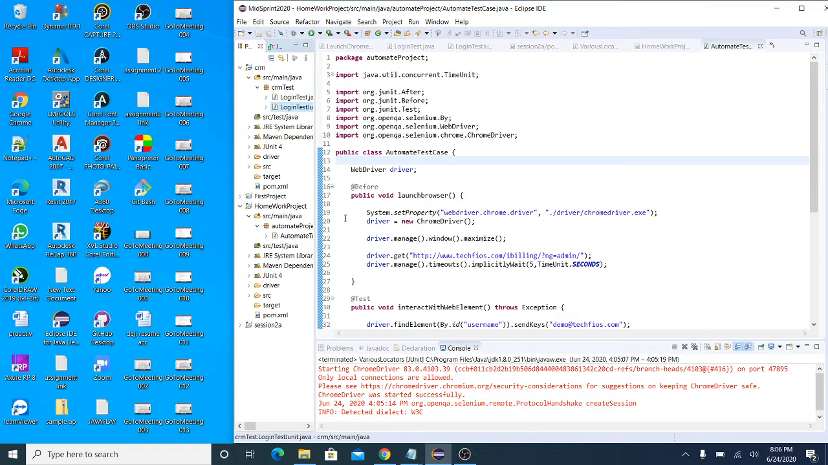Once I did that, I created another method which I named Launch Browser, and in the body, I set the property for the web browser. I have already created a folder right here that contains the Chrome driver. Then I create an instance for the Chrome driver, and this last line is to maximize the browser,